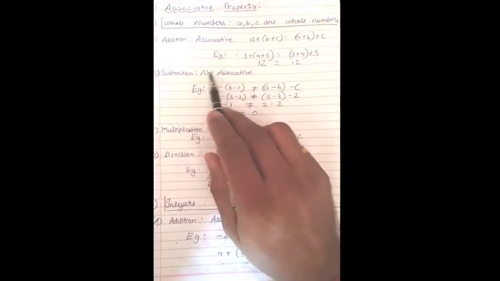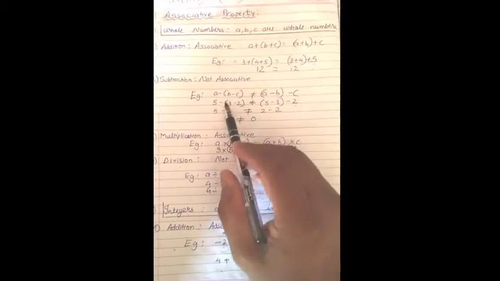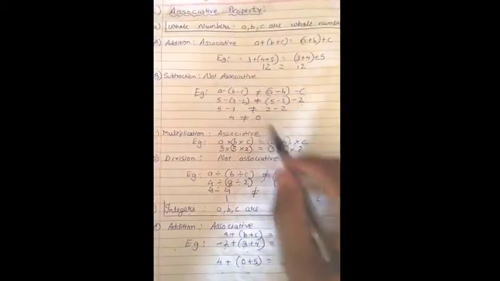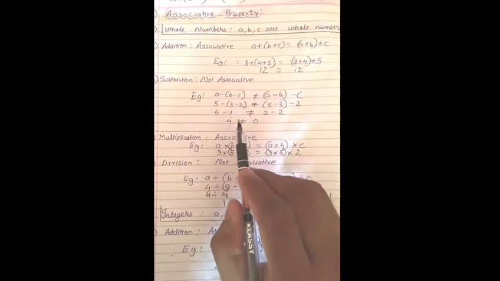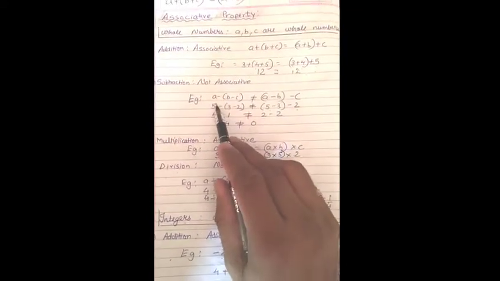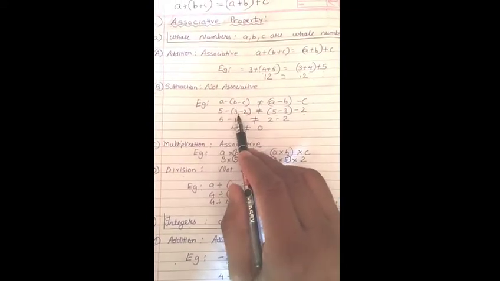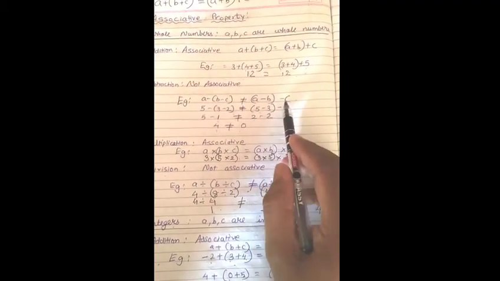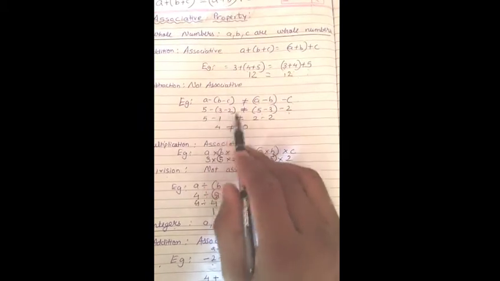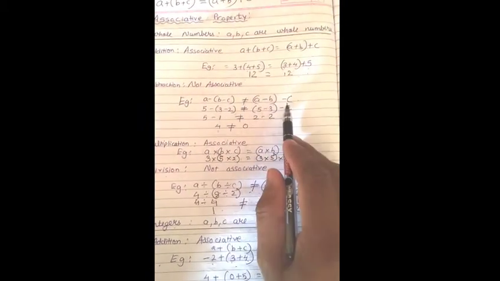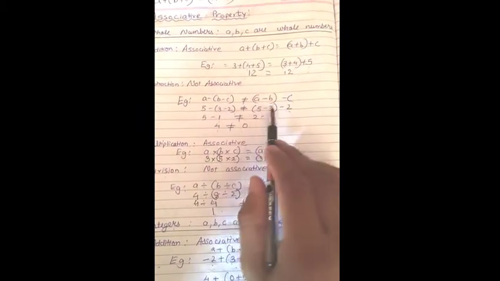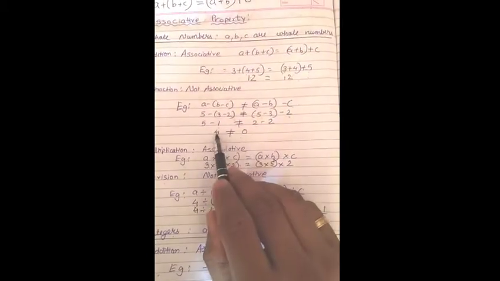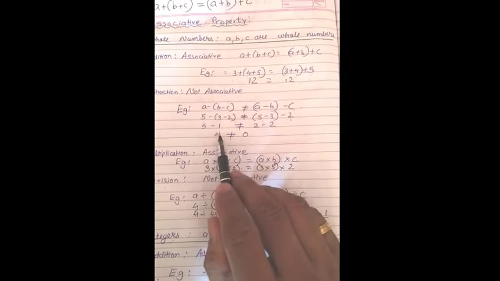Now under the head of subtraction, it is not associative. How? As I told you, under subtraction you have to put the subtraction sign, nothing else, just there is a change in bracket. Now as A, I had taken 5, B as 3, and C as 2. Whatever number you are taking over here, this side, the same number you have to take over here. And while changing the bracket, you have to check whether both sides are equal or not, whether the value you are getting on both sides is equal.